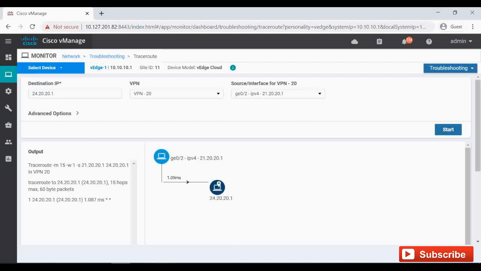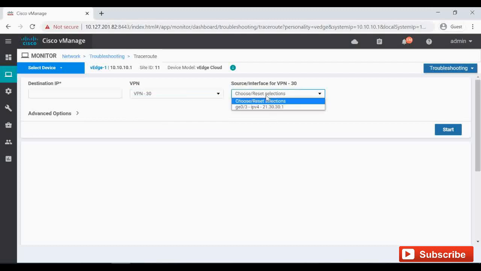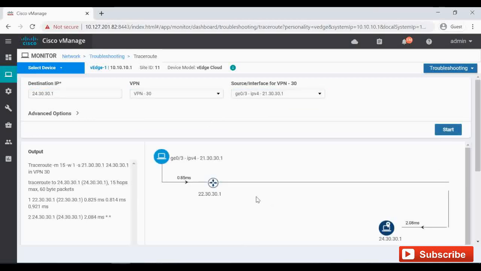And now let's see for VPN 30, that is in our hub and spoke. So that IP will be 24.30.30.1. I'm going to start the trace. So that is going via your hub router. So this 22.30.30.1 is nothing but your hub router IP.